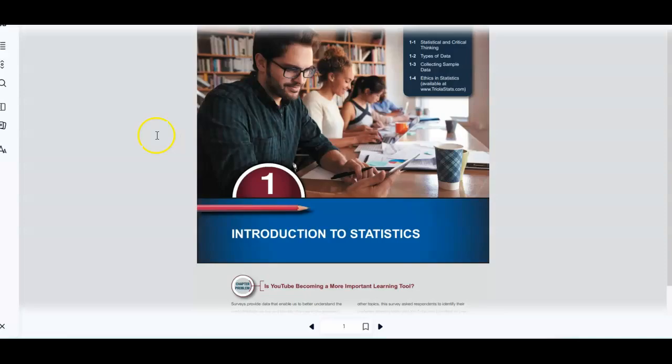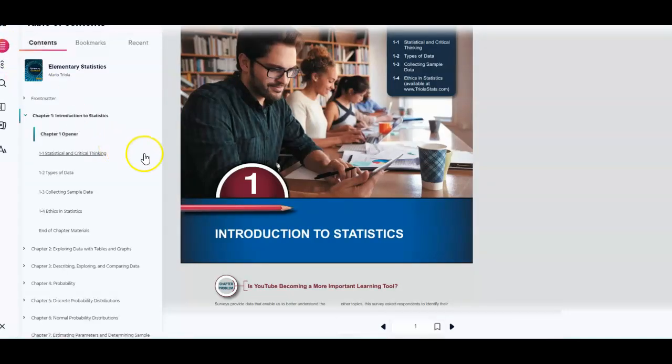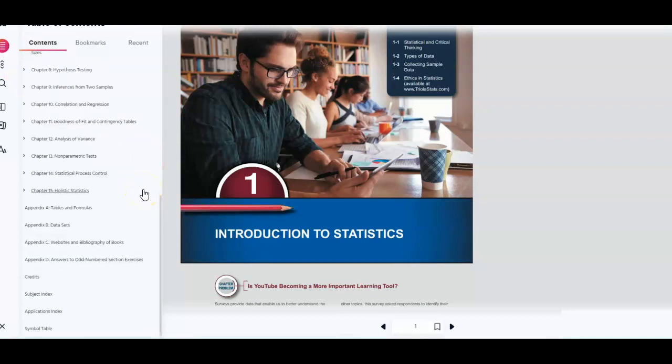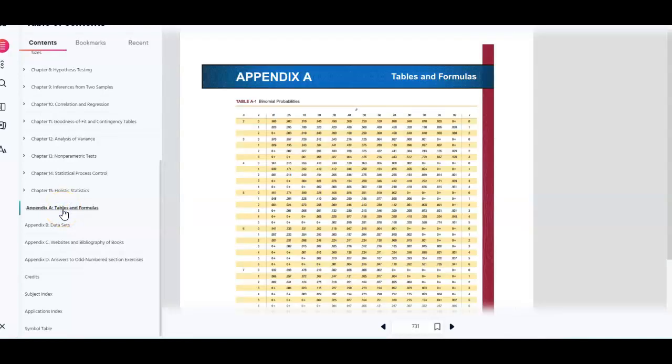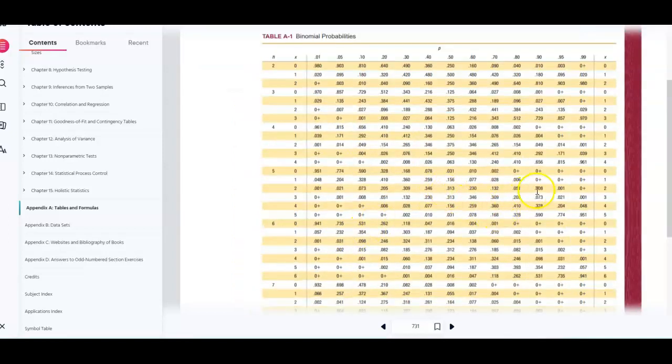And then when the textbook opens up, from here what you're going to do is look at the table of contents. Over to your left, you're going to see the table of contents, and then you're going to scroll all the way down to the bottom, and you see where it says Appendix A, Tables and Formulas. When you click on that, it's going to give you the tables and formulas. And if you notice, the very first one is the binomial